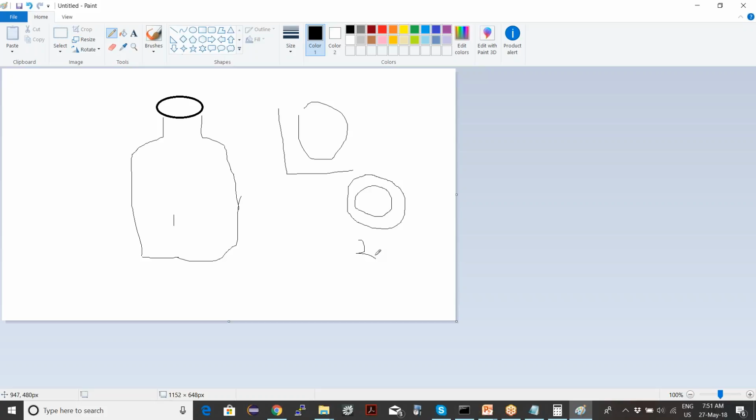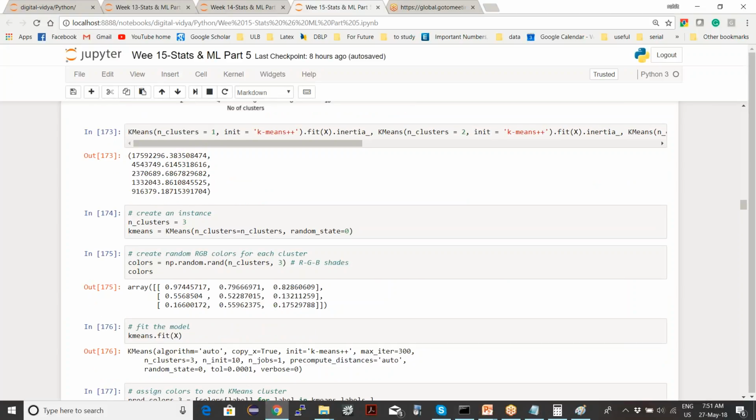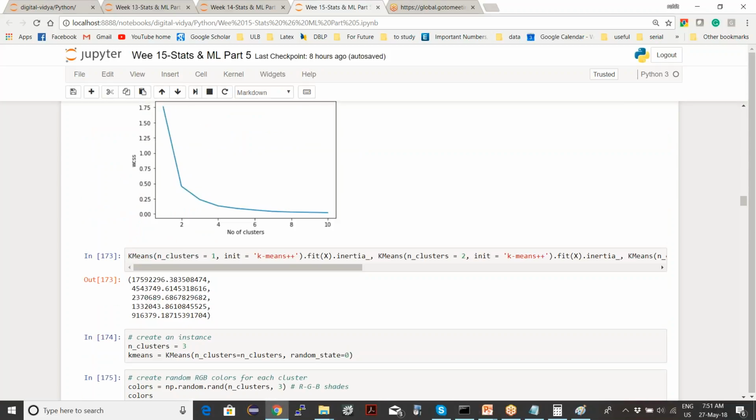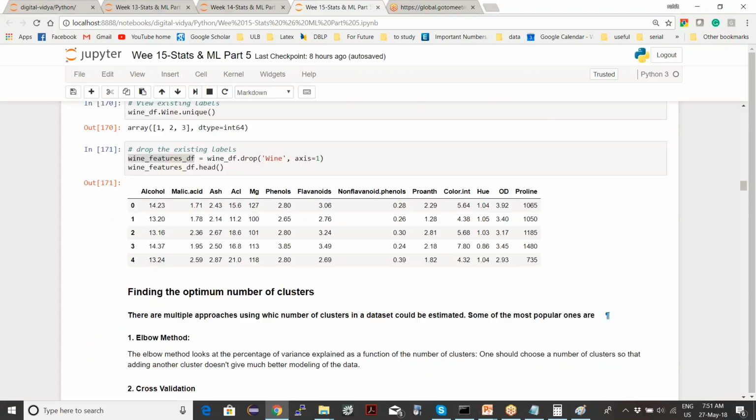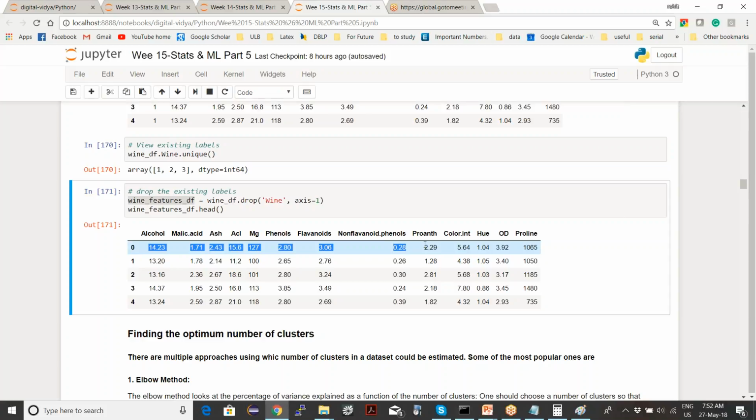This was a simple example of going from 3D to 2D. But we are dealing with a vector space of n dimensions, so you can actually reduce from n dimensions to k dimensions, where k is less than n. So you could go from 12 dimensions, in this case of wine, to 3 or 4 dimensions. And then it will find the values corresponding to each row on those axis dimensions, right?